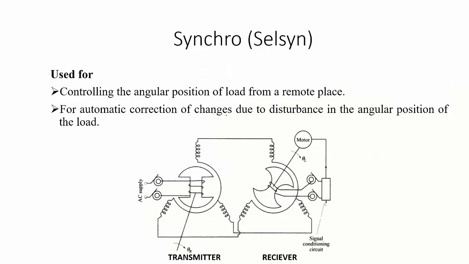Now if we talk about synchros, this is the main topic that is part of our syllabus. Synchros are also used for detecting errors. So they are used for controlling the angular position of the load from a remote place. Remote place means that in synchros you have a transmitter and a receiver. For the transmitter, you will be providing input at this particular point by some means, or let's say manually. So theta r is controlled manually, while you will be observing the rotation at the receiver side, which may be situated at a remote place.